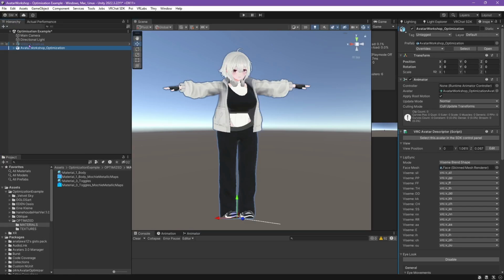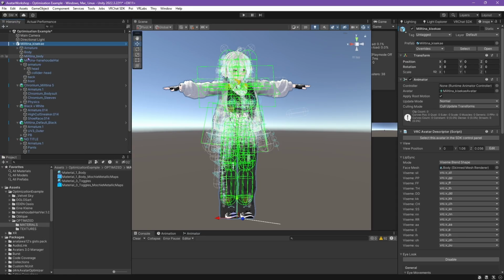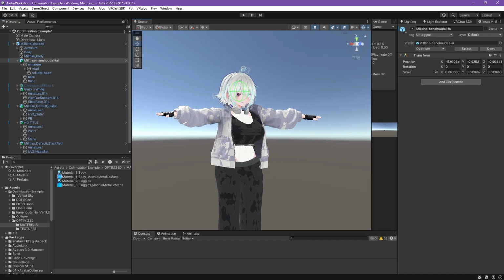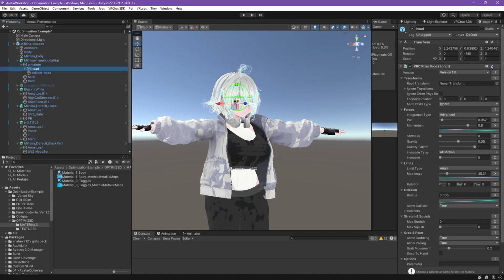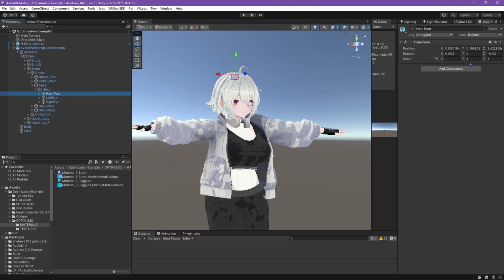So in this video, we'll be adding and configuring our PhysBone components on our avatar. What we'll be doing is copying and pasting the components from the original avatar onto the new roots that we've created in Blender. So you can see here, I've copied and we're going to go to our bone, the root, and paste this